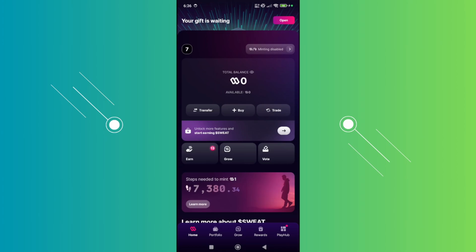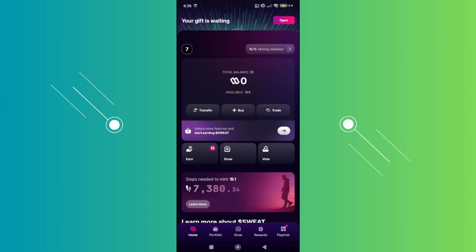Currently, since Sweatcoin is fairly new, it's not yet fully established on other platforms. But there is one platform that you could try, which is going to be KuCoin. If I'm not mistaken, they support Sweatcoin, so you could use KuCoin to exchange your Sweatcoin to actual